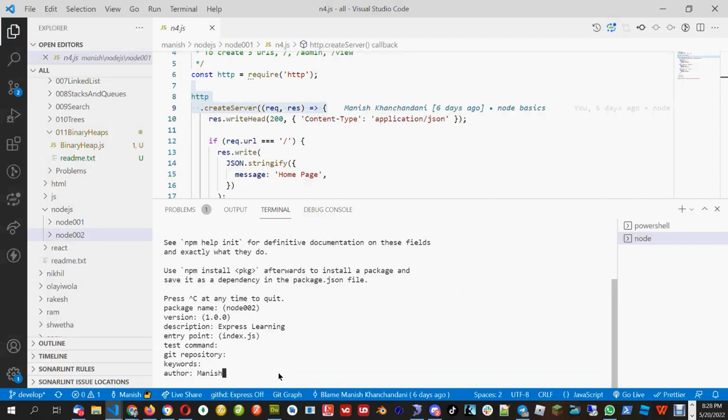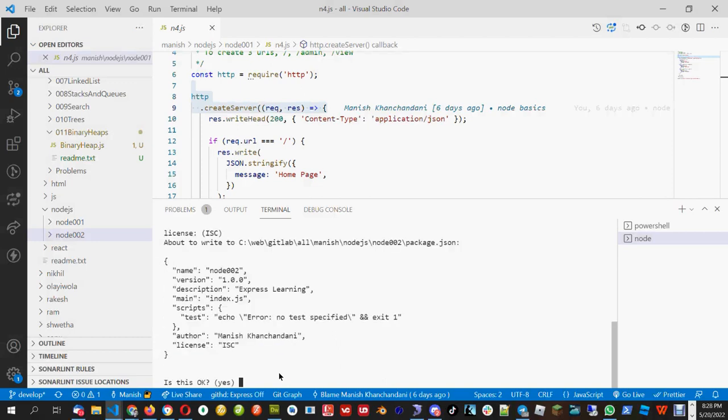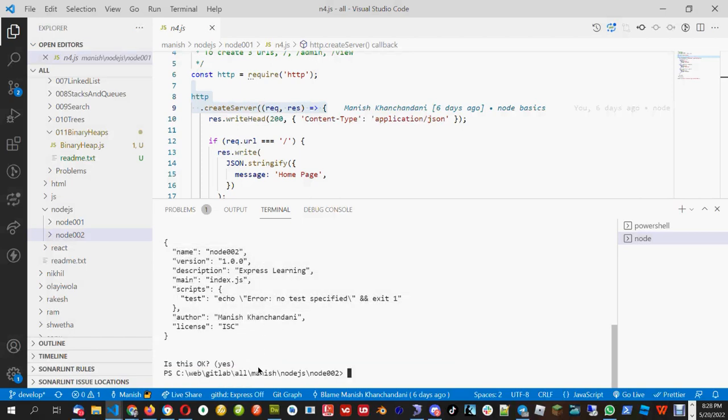Keyword is not needed. Author, you can put your name. And license, you can accept the default. Once you put all this, you will see this information. If you feel it is correct, you can press yes, that is, you can press enter. And then that information is